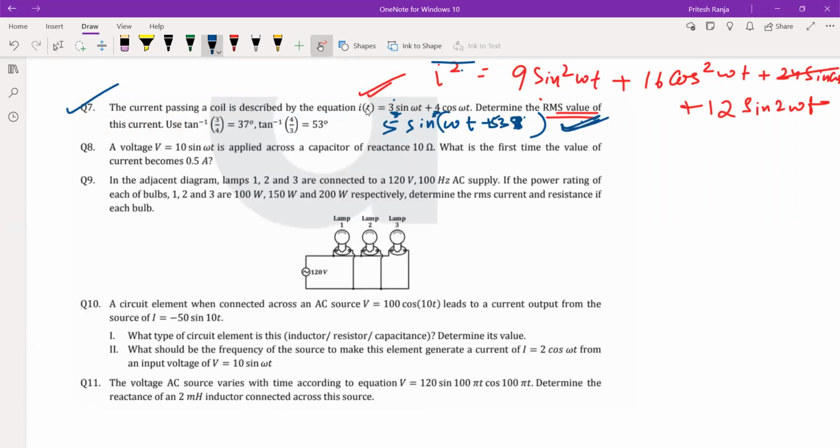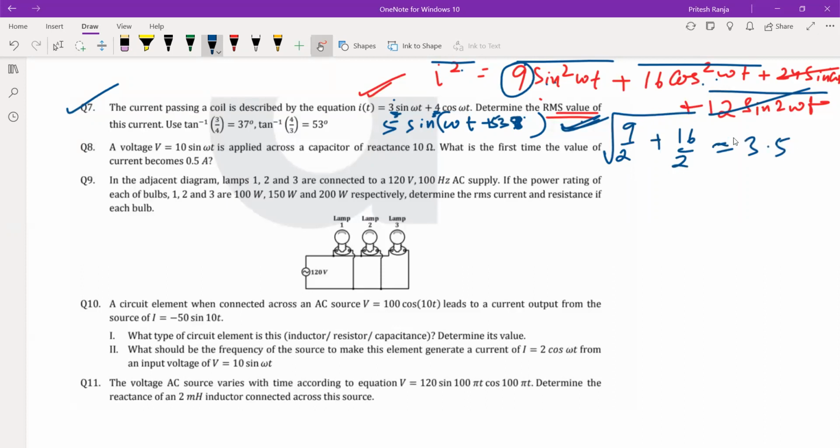And then you square it. और else what we can do, हम इसको भी स्क्वायर कर सकते हैं और हर term का RMS value हम add कर सकते हैं. तो याद रहे, average value of sin या cos का था 0, तो ये term eliminate हो गया. Sin squared या cos squared का average value क्या था? 1/2. तो इसका हो जाएगा 9 into 1/2 plus 16 into 1/2 और इसका root. So you get 3.5 approximately, right? Add करेंगे तो मिलेगा 12.5, root of that is approximately 3.52. This many ampere is the RMS value of this current.